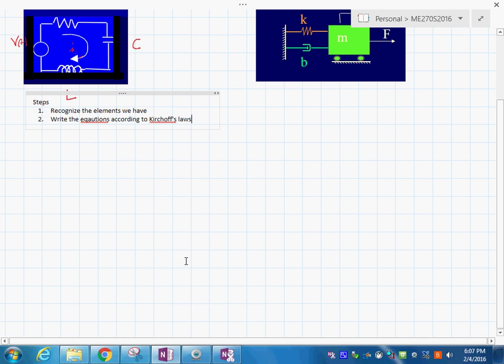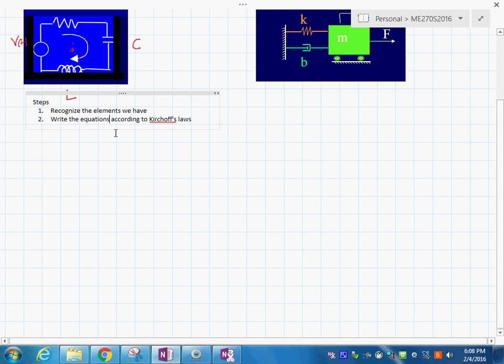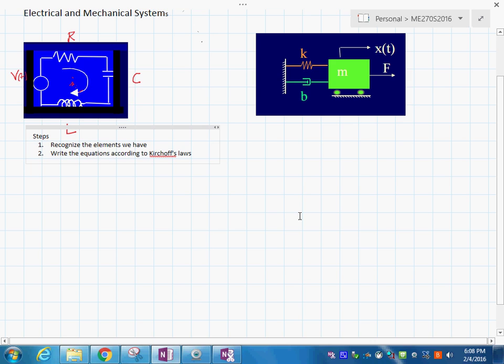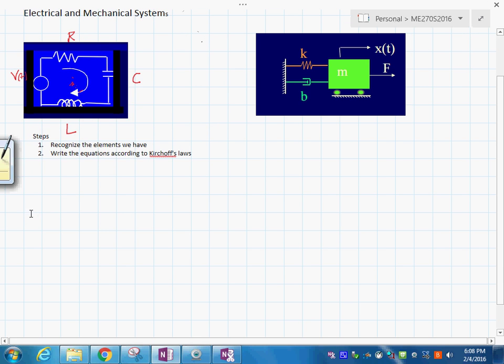So this is the situation here that we need to apply those laws right now. Let me leave a little space so that we still have some place to write, but I am going to begin right here. Kirchhoff's law says that the summation